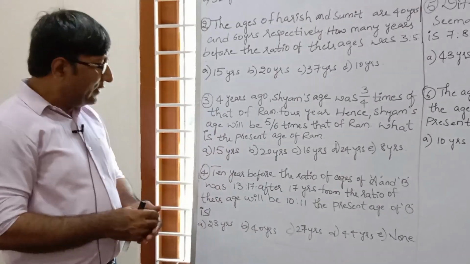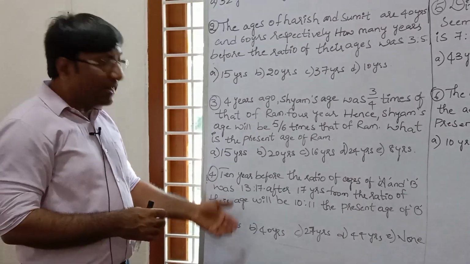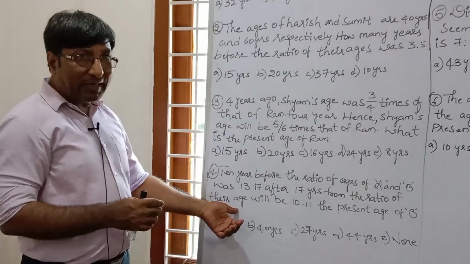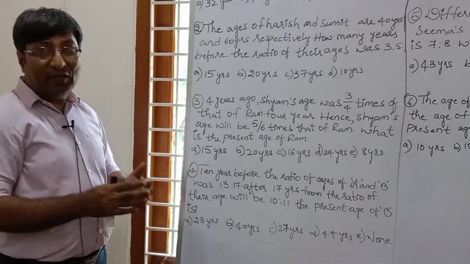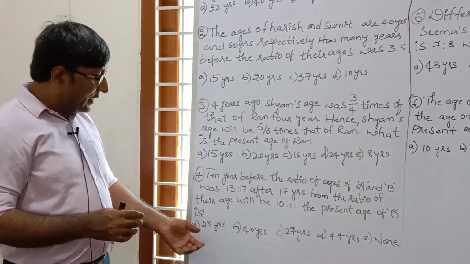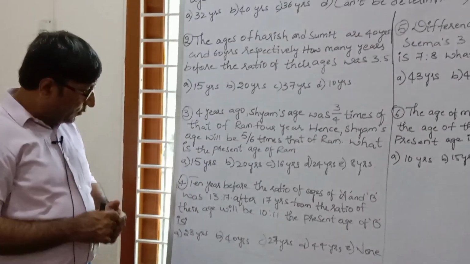So again there are two methods for solving this age related question, the option method and the basic method. We have already explained what the option method and the basic method are. So you solve this question by the two methods and check that in both methods the answer will be the same. That is your correct answer, and comment your correct answer in the comment box.